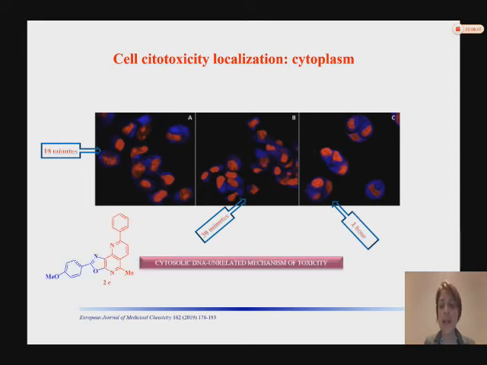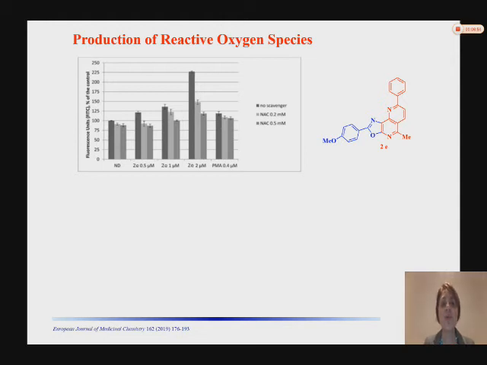No nuclear signal was ever detected, thus suggesting a cytosolic, DNA-unrelated mechanism of toxicity. Production of ROS was evaluated through a fluorescent dye. Cells treated with the ROS inducer PMA and light-activated were used as positive control. 2 hours